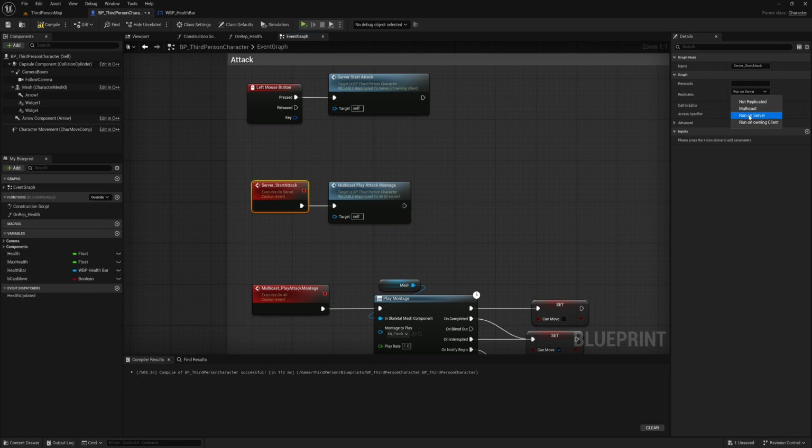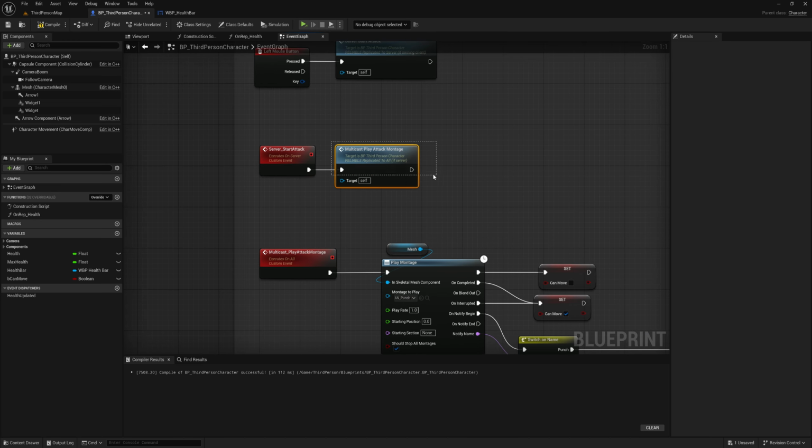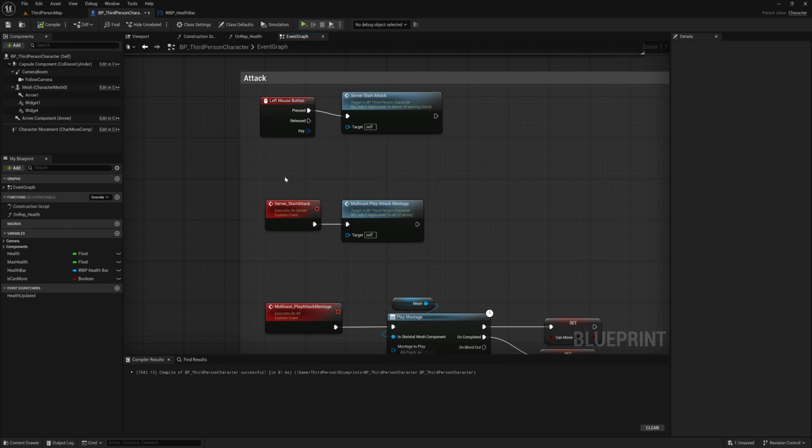Now, if you try and run on the server, what this means is when this function fires, whatever logic has been called will only run on the server. No one else in the game, none of the clients, actually know. So you might have a situation where a client, which is just a player, clicks left mouse button and they're calling a function which runs on the server, so they don't even get any actual output from what they've just done. The player sees nothing. The player has no information that this has just run because it only runs on the server,